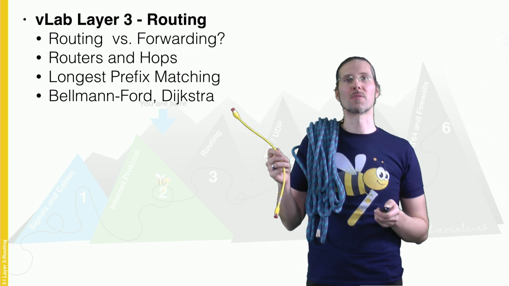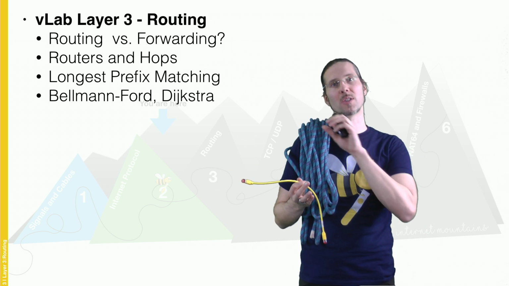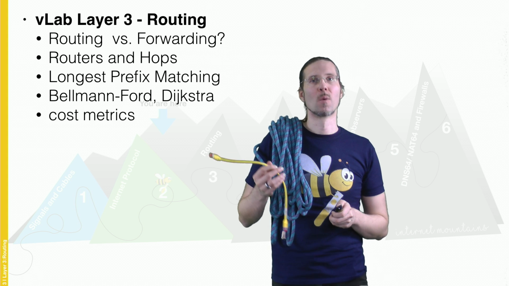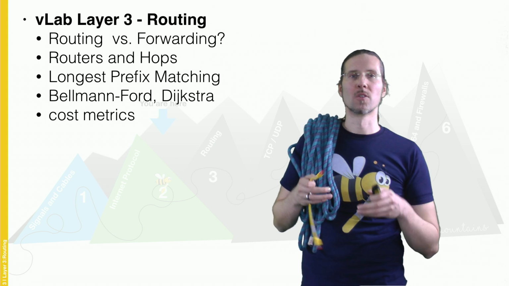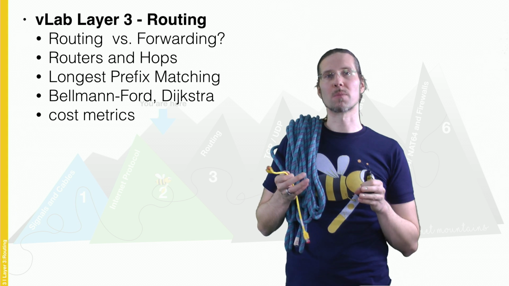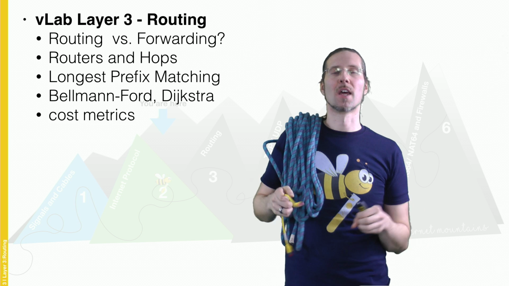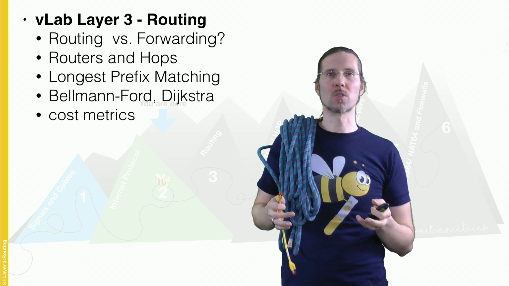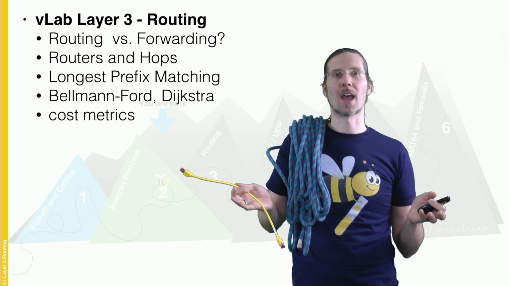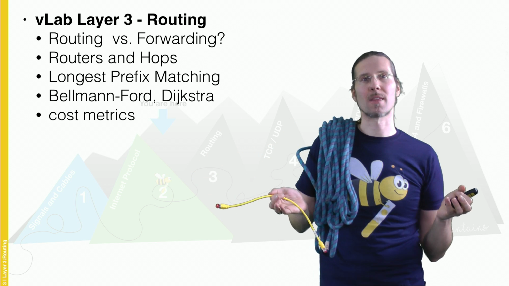Then we will look at different algorithms for automatically determining the shortest path between 2 points in the internet. We will look at cost metrics. So if you want to do forwarding now, how do you decide where to put it? Because it could be that between 2 points in the internet there are multiple paths, and you have to decide which one to choose. And as a teaser already, typically you would choose the shortest path, but it's unclear